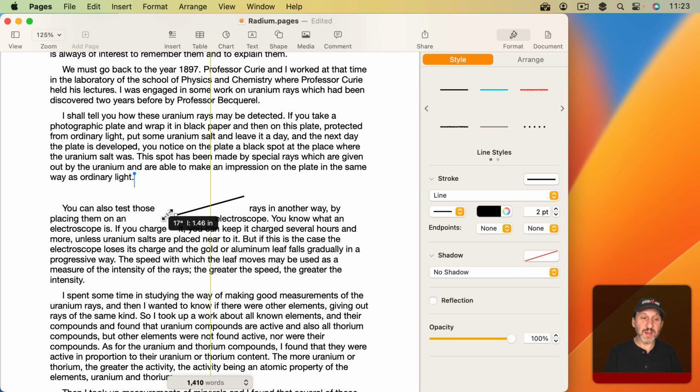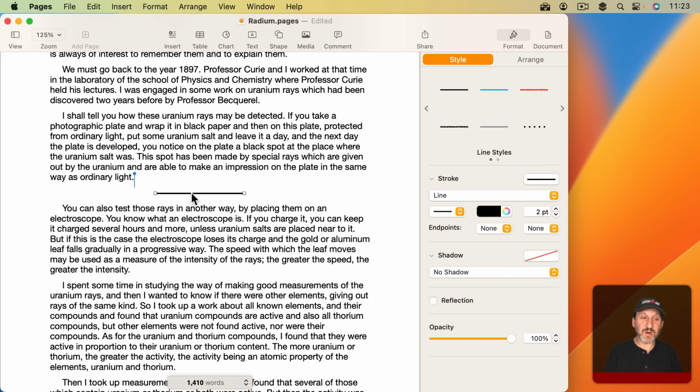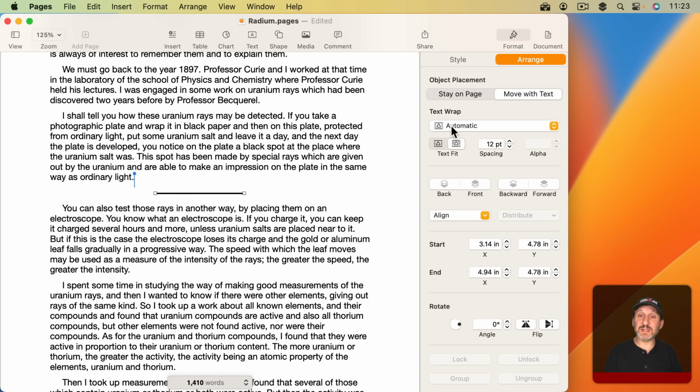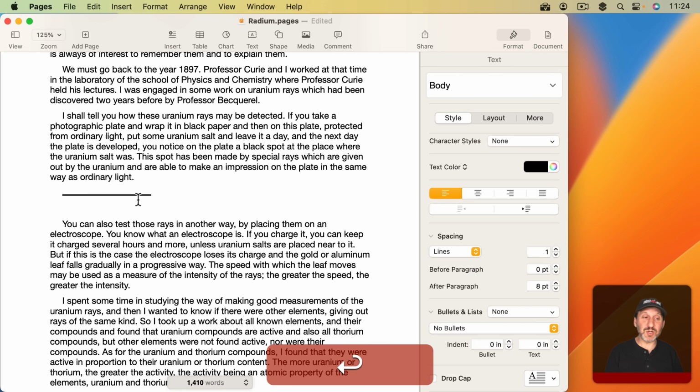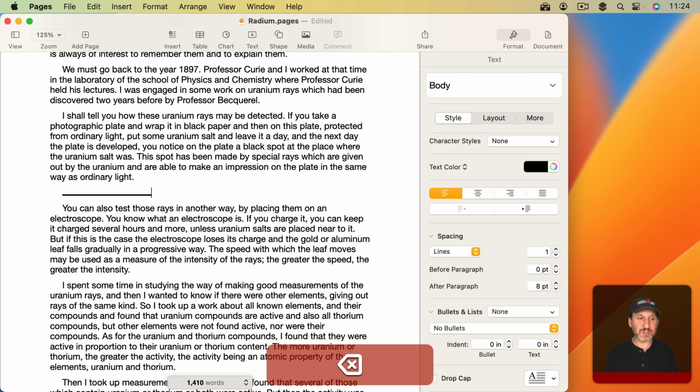I'm going to drag one end of the line so it's horizontal like that and position it right where I want. Now I want this to stick with the text, so I'm going to go to Format and then Arrange with the line selected and change Object Placement to Move with Text and Inline with Text. And this will place it like a character in the text. I'll put the cursor right before the line and put a return there. I'll get rid of this extra little paragraph here,